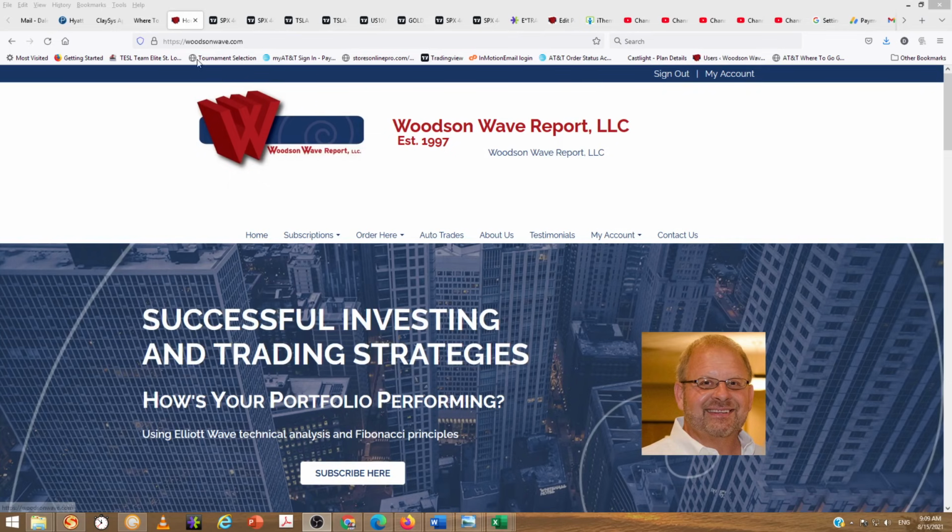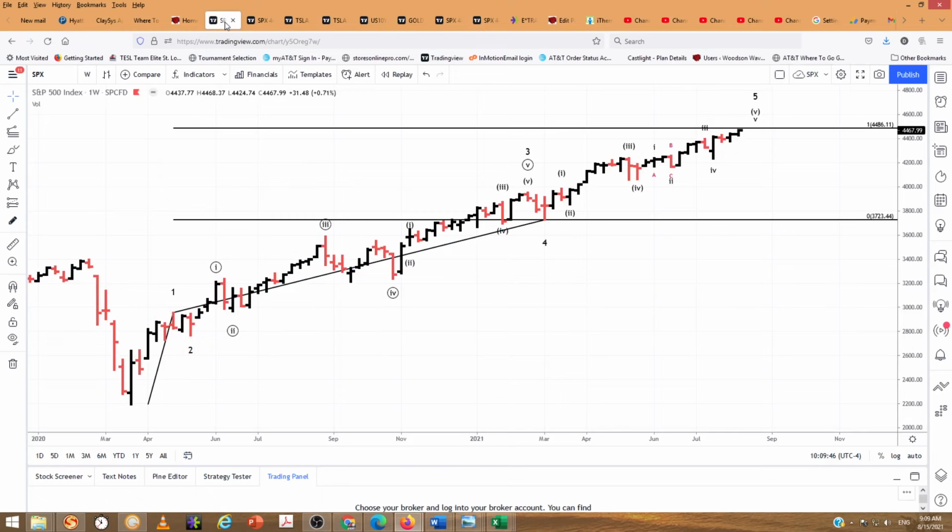Okay, without further ado, let's get into the S&P. We're going to start with a weekly log chart, and you can see we're looking for 5 waves up from the March 23rd, 2020 low, the pandemic low. I've got this all drawn out to where we have a wave 1 up, a wave 2 down, the subdivisions of wave 3 here, that's minor degree, and wave 4, and here is 5 waves up, and you can see that 5 equals 1 from the March 2020 low at